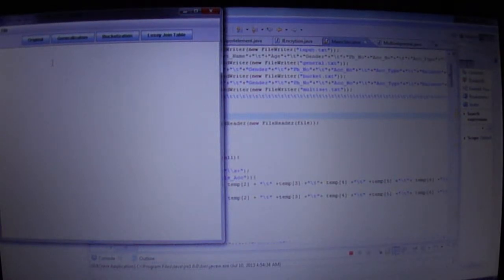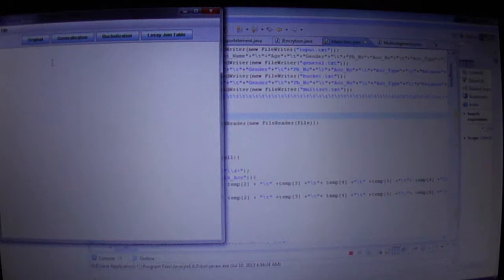The data consists of three parts, namely identifying attributes, quasi-identifying attributes, and sensitive attributes. Identifying attributes are those which give unique information about an individual, such as social security number. The second one is quasi-identifying attributes, which give partial information about an individual, such as zip code, birth date, gender, etc. The third one is sensitive attributes, which give sensitive information about an individual.